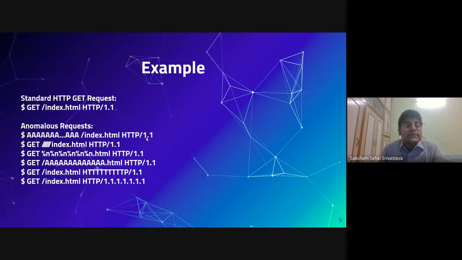But if you give these anomalous requests, they will definitely give some exception or other. But some of these may result in something totally useless, which we don't require, like it will just show a blank screen with an error written on it, so it will not help us in any way. But some of these anomalous requests may result in some anomalous behavior of the website which we are looking for, and thus this is the core idea of fuzzing.